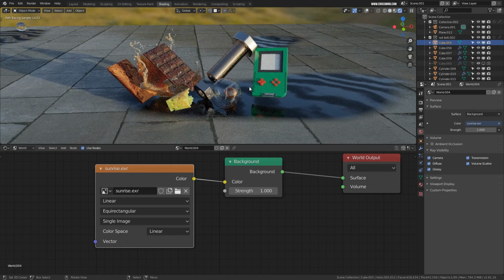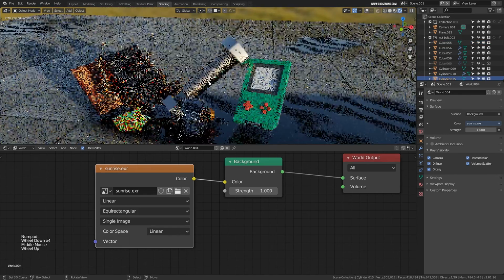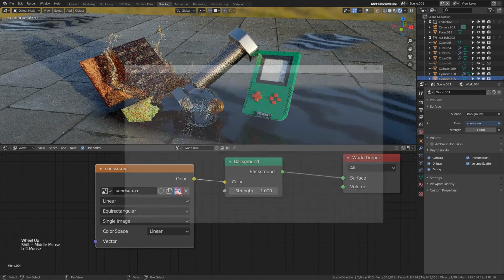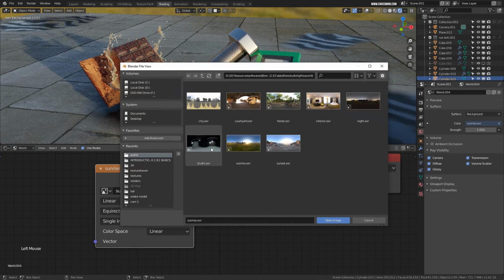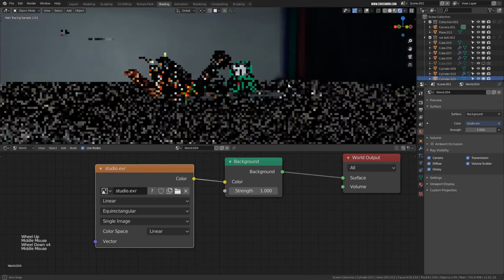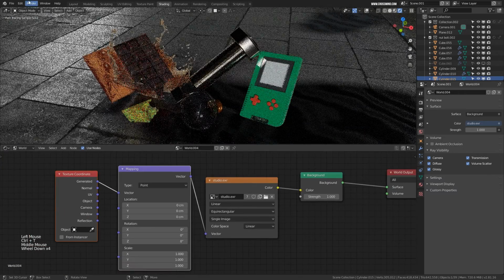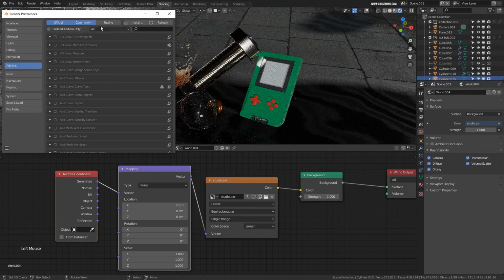So for any exterior render or interior render, I think most of the time you'll be using high dynamic range images in your environment, and it's a very good way to start setting up your light. You can also use HDR for studio setups. Let's say I open this studio.exr, then you'll see I have a studio kind of setup in the environment, and if you press Ctrl T, because our Node Wrangler is enabled from the add-ons,